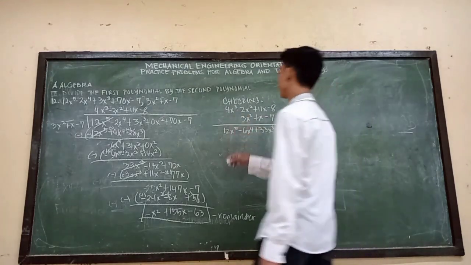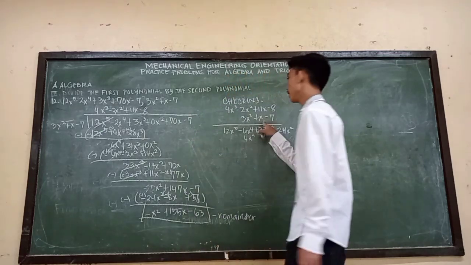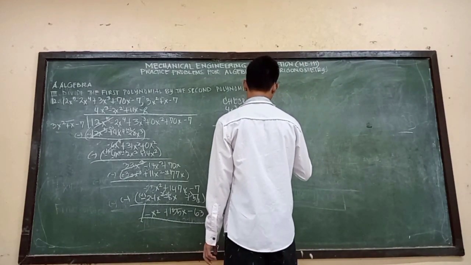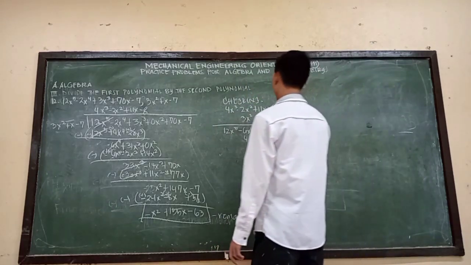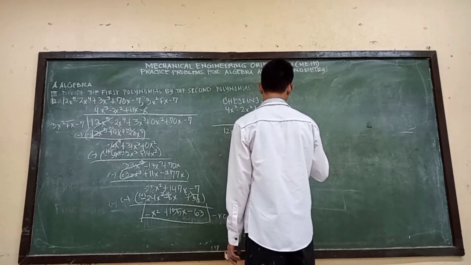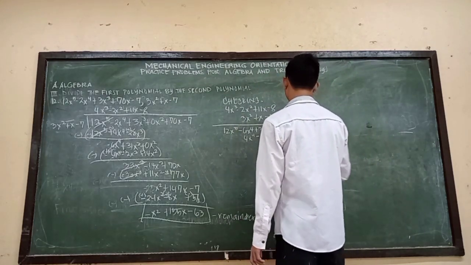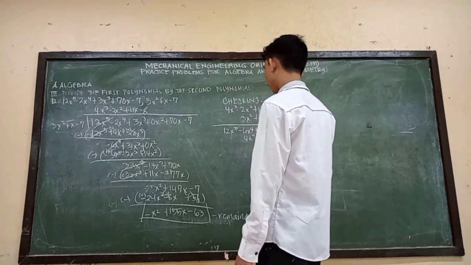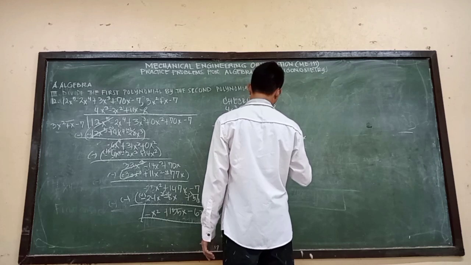And then x times 4x cubed will give us 4x to the 4th. X times negative 2x squared will give us negative 2x cubed. And then x times 11x will give us 11x squared. And x times negative 8 is negative 8x. Negative 7 times 4x cubed will give us negative 28x